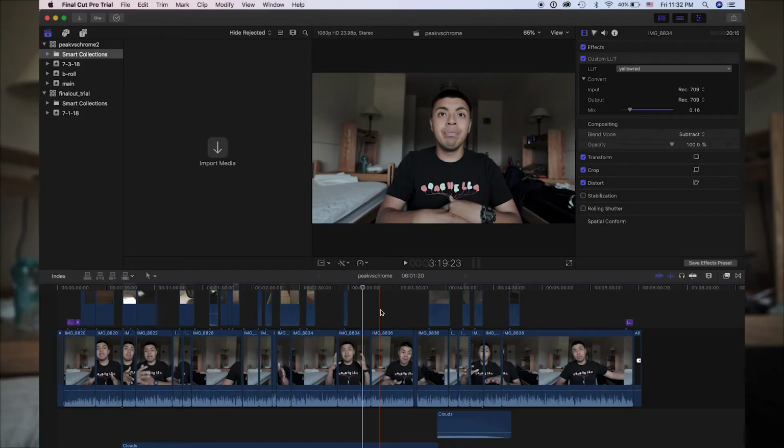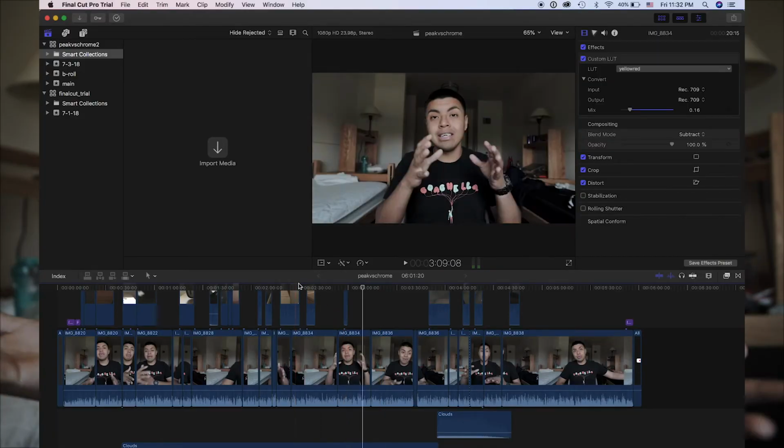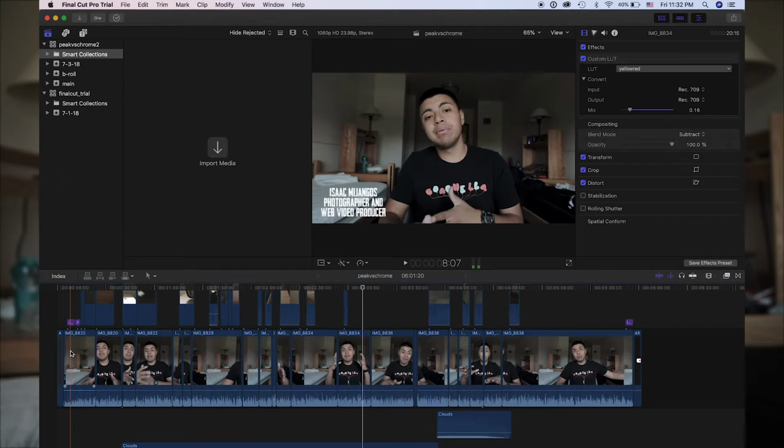There's this middle point, the magnetic timeline. I'm still indifferent about it because it saved me so much time, because I didn't have to ripple delete so much, and stuff would just keep on moving back, and I didn't lose any time, and it was great. But at the same time, there were certain times where it would just get so in the way, and I know you can turn it off, but I wanted the full experience of the magnetic timeline, and it wasn't really working out.